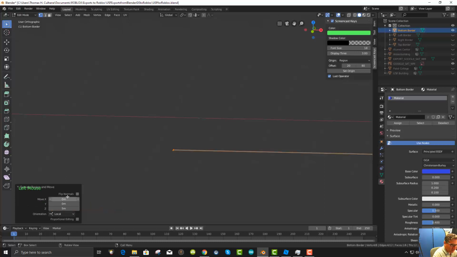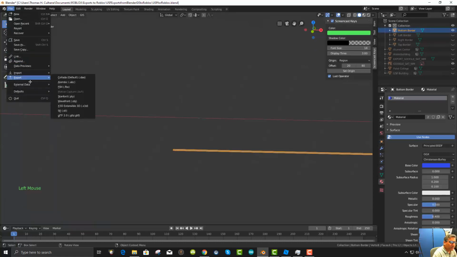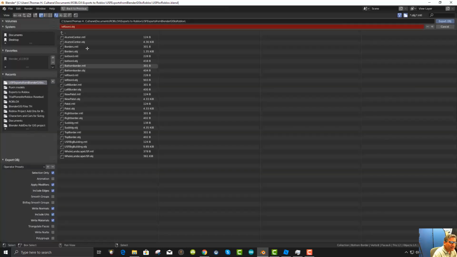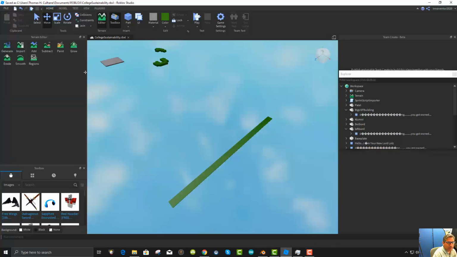Make it 5, because why not? Because it worked last time. And now that it's there as that one, the bottom board, now export it as the bot board, overwrite the other one,